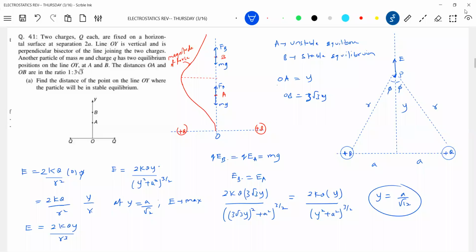Getting the idea? Where will it have maximum acceleration? I think at this particular point only. Here only it should have maximum acceleration, because the acceleration should be maximum here only. At this particular point, what are the names we have given? A, B, C, no? At C, the particle will have maximum acceleration.